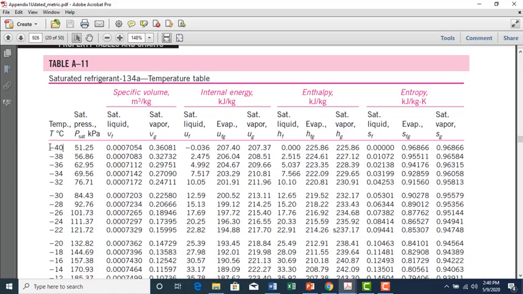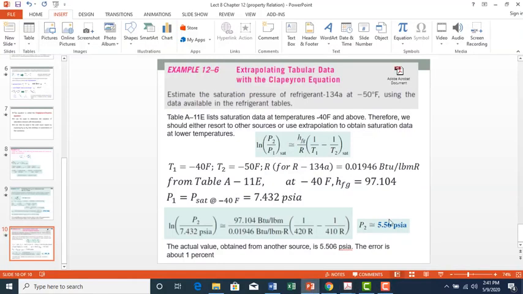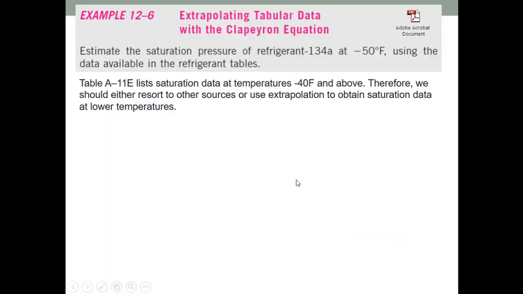In that table the minimum temperature available is -40 Fahrenheit, but in this problem we need to calculate for -50 Fahrenheit. To calculate that, you can use this valuable property relation which we call the Clapeyron equation to